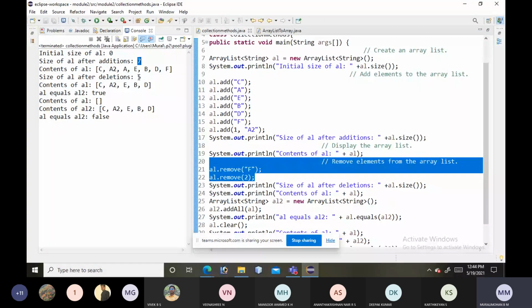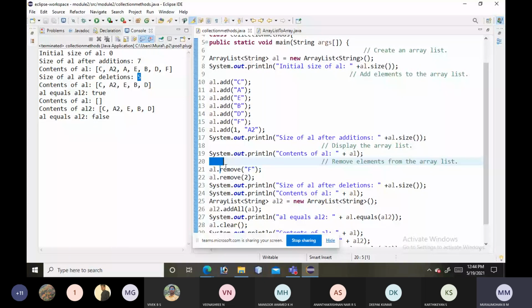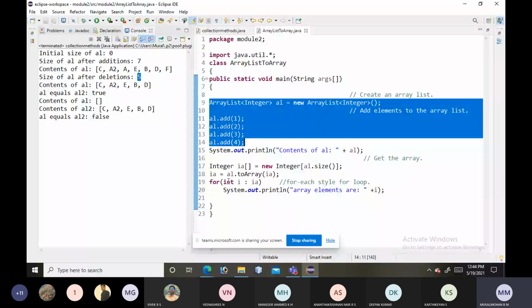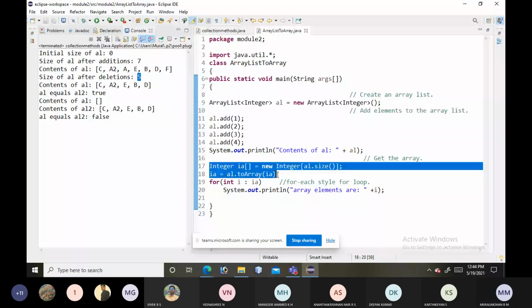After deleting, the size of the ArrayList is decreased, so it is dynamic, right? So this is how we can add strings into the ArrayList and how we can remove them. In the next example we have seen how to create an ArrayList and how to obtain an array from the ArrayList.